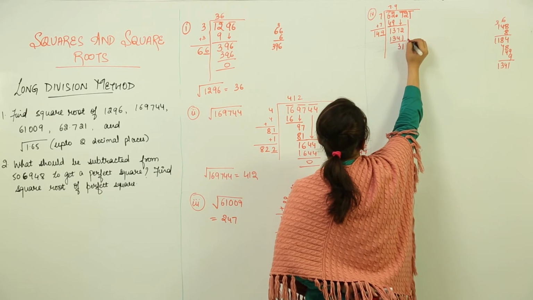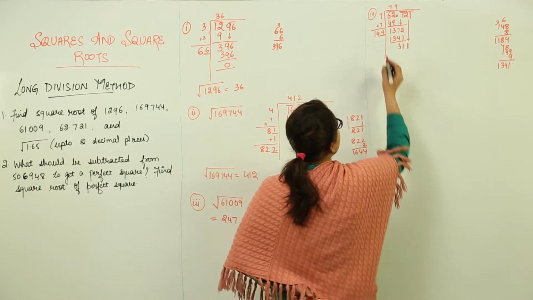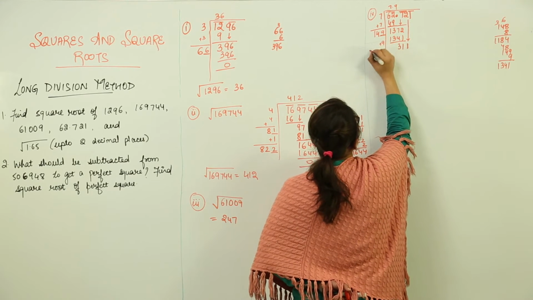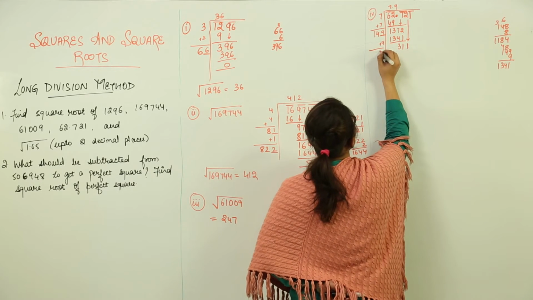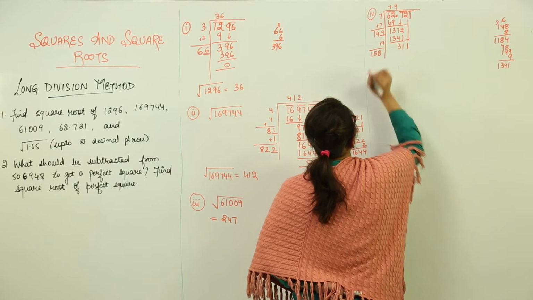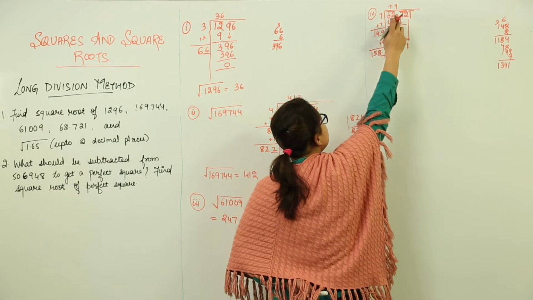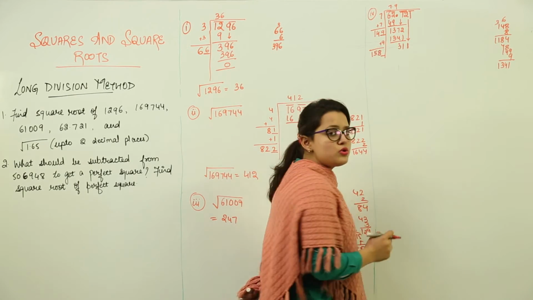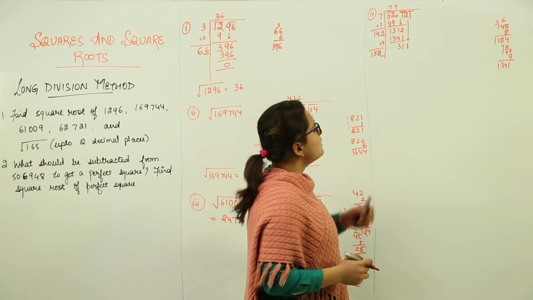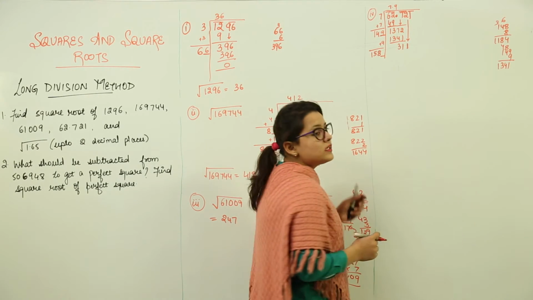That means we have to copy down the next pair, that was 1 only. Now we will add the digits placed with the same. What do we get? 9 plus 9 becomes 18. 1, 5, 1. Now again we have to think of a number placed over here and place the same number to be going in the quotient, getting us 311. Can we think of any such number? No, we cannot. Yes, why?